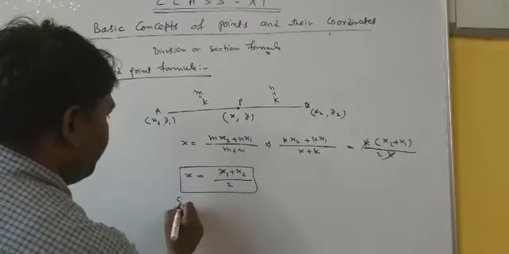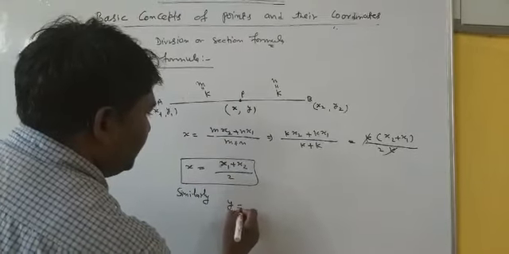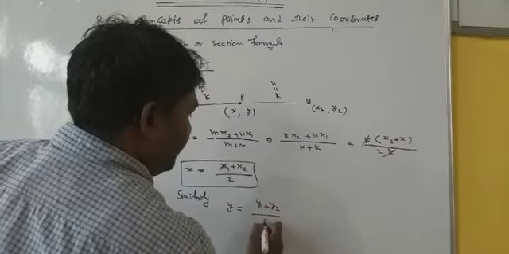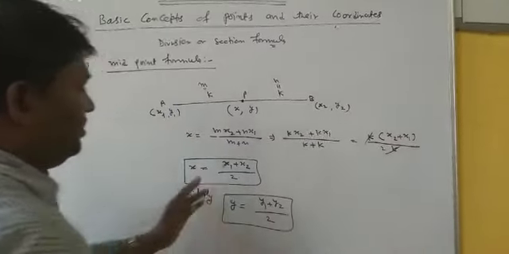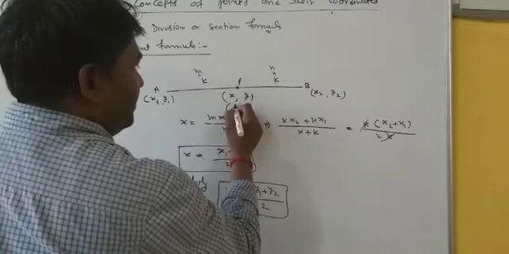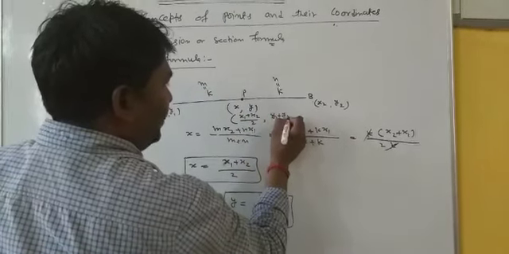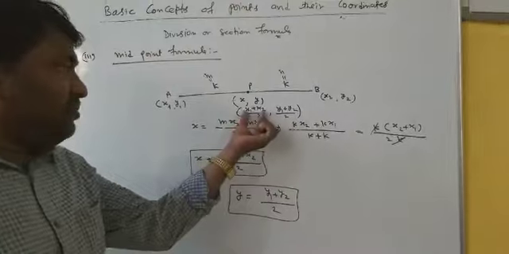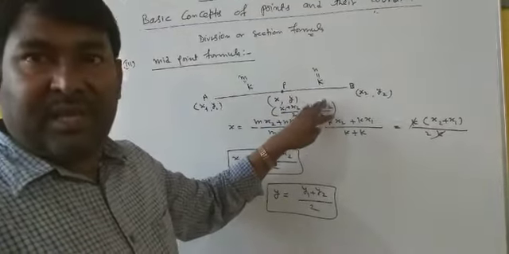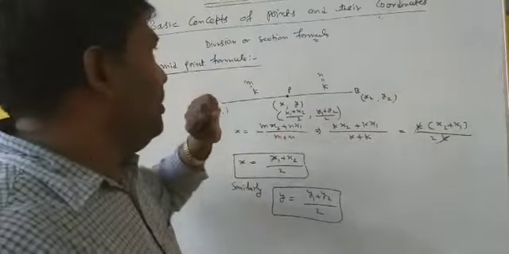And similarly y coordinate of your midpoint, that is y1 plus y2 by 2. Thus our midpoint formula is, the coordinate of midpoint can be written as x1 plus x2 by 2 and y1 plus y2 by 2. Means sum of x coordinates divided by 2, sum of y coordinates divided by 2. Now coming to